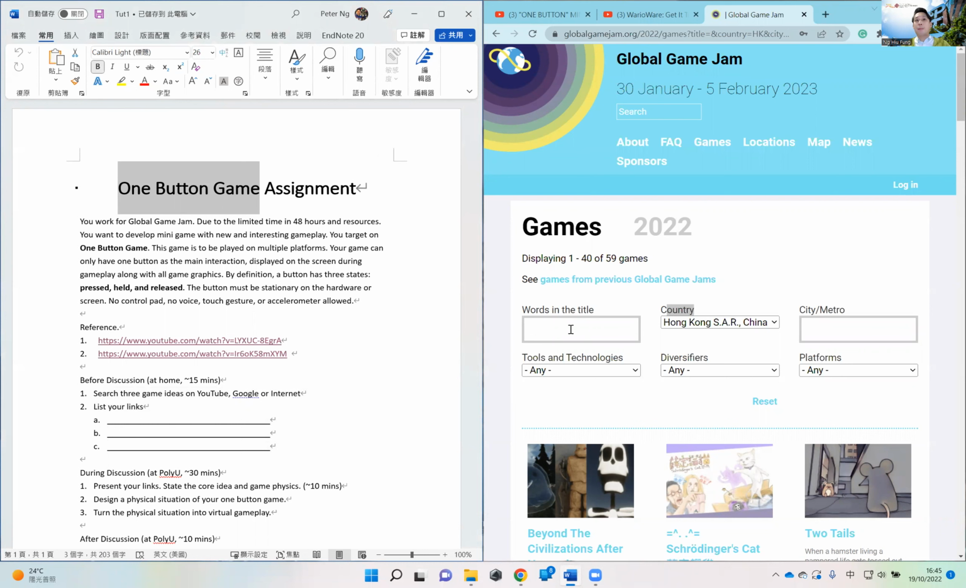So let us start with the first exercise. The first exercise is called one button games. If you have studied game design, or if you have joined some game design course, etc.,